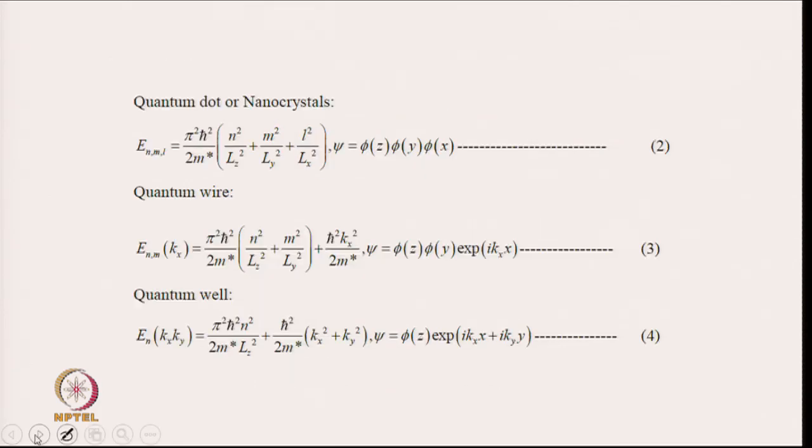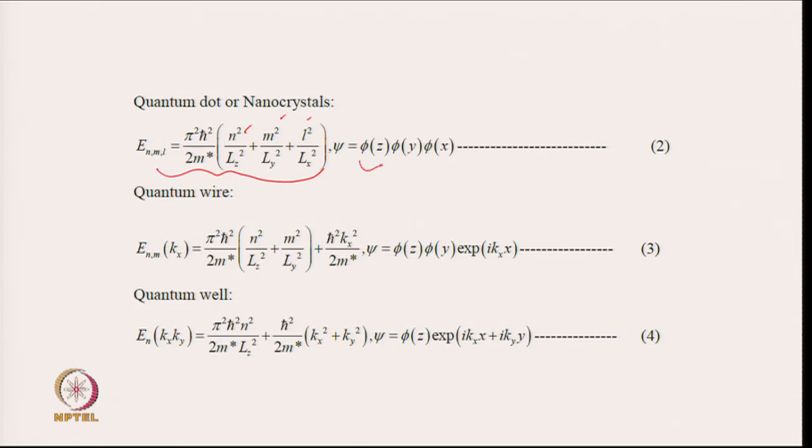For a quantum dot or nanocrystal, since it is confined in all three directions, it will depend on 3 quantum numbers, that is n, m, l, and your equation will be this,